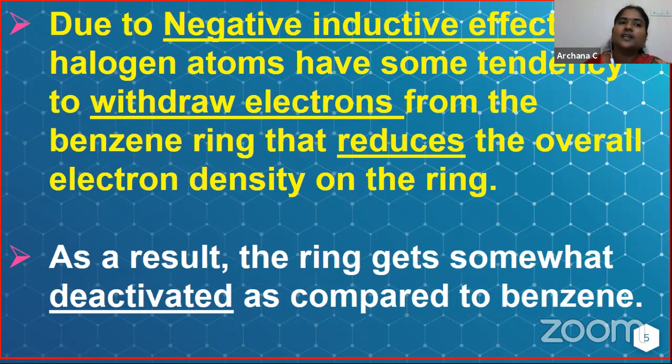Why? Because due to the negative inductive effect of the halogen atom, that means halogen atoms have a negative inductive effect. So due to that, what happens? It is going to withdraw electrons from the benzene ring. The halogen which is present on the benzene ring is going to be